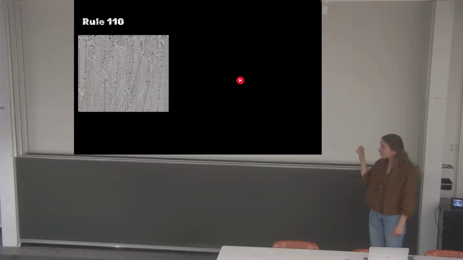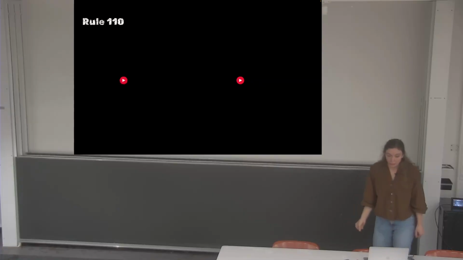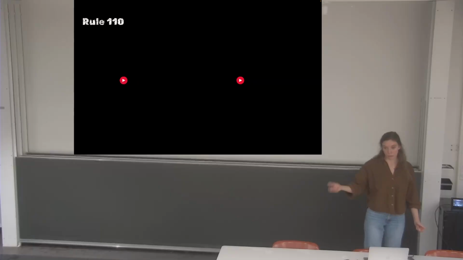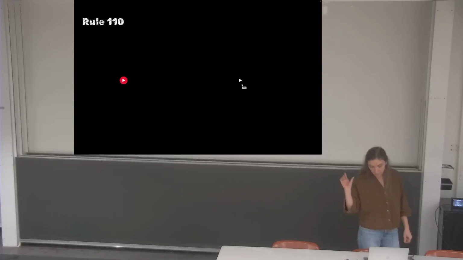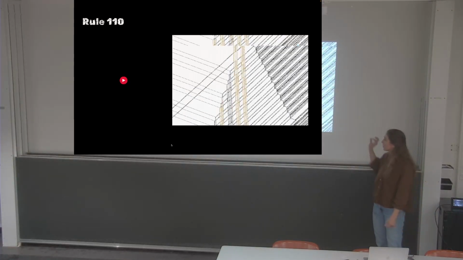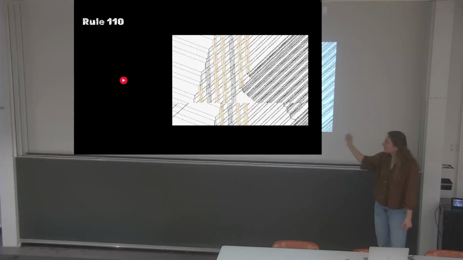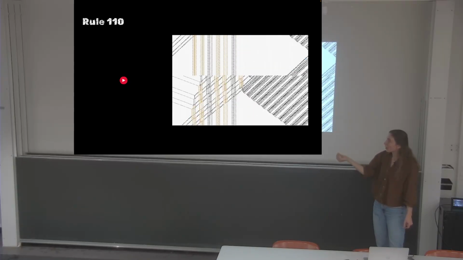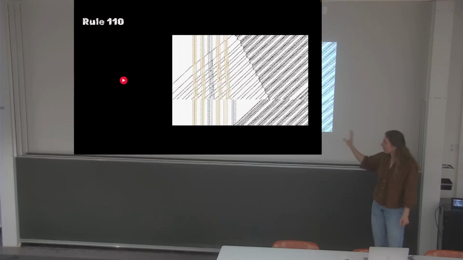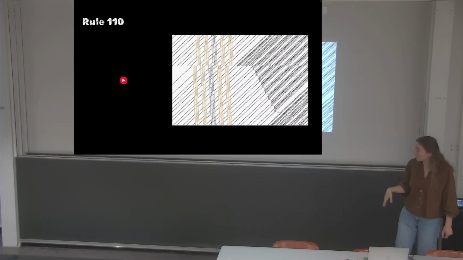It does have some structures that travel in space. But it is actually an extremely elaborate proof that helped to show that this rule is indeed Turing complete, and it requires a very particular encoding of the information into the space-time diagrams and a particular way of zooming out to see the computation. So here you see how the computation looks. There are some vertical static gliders that represent information or data on the tape, and these are being manipulated by other sorts of gliders that react with it.